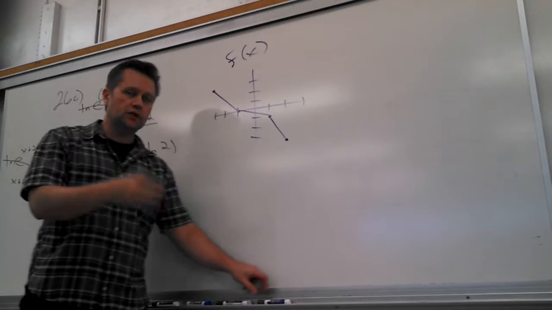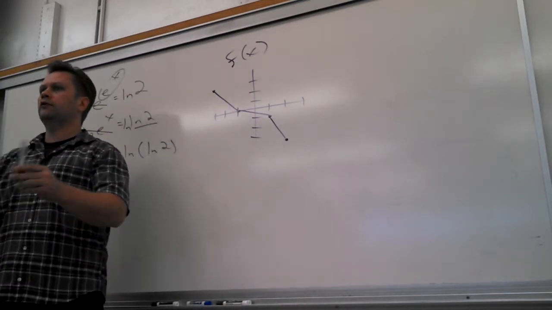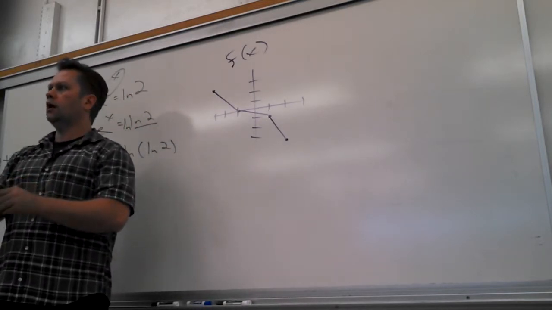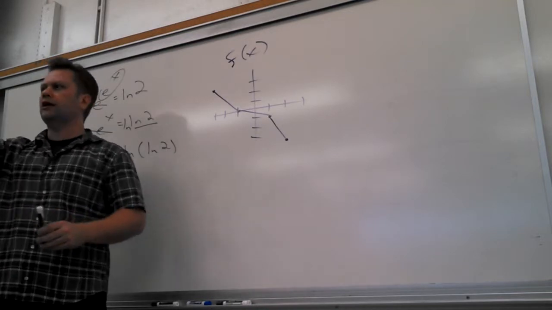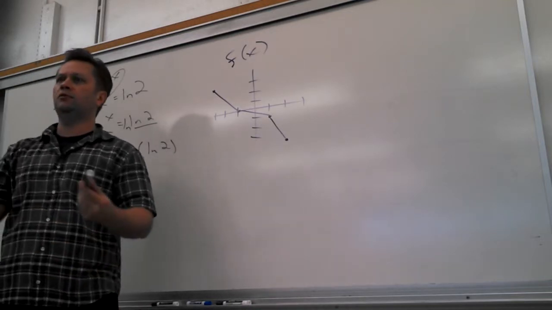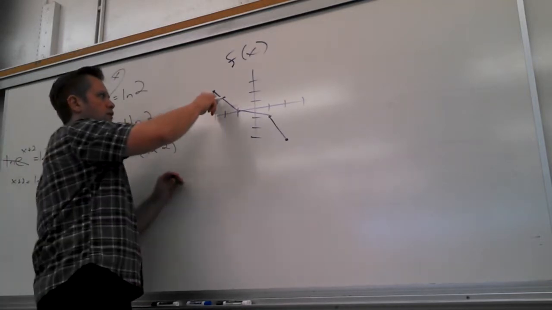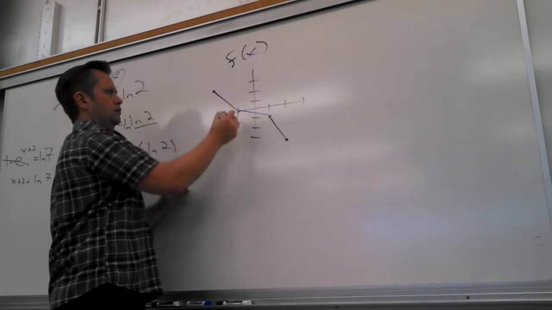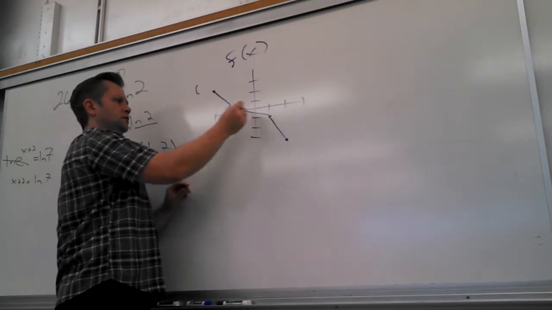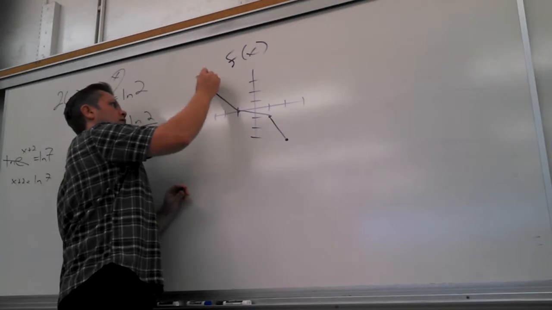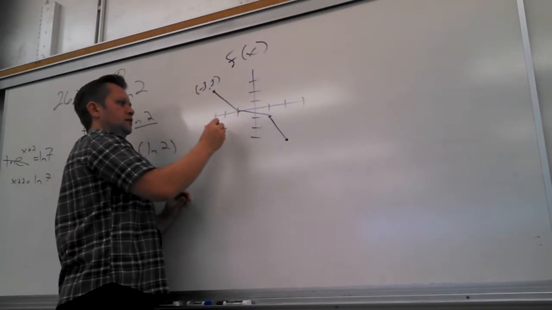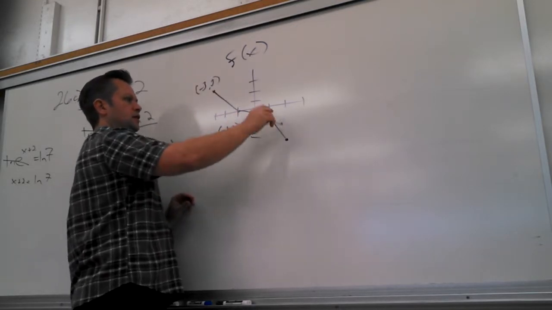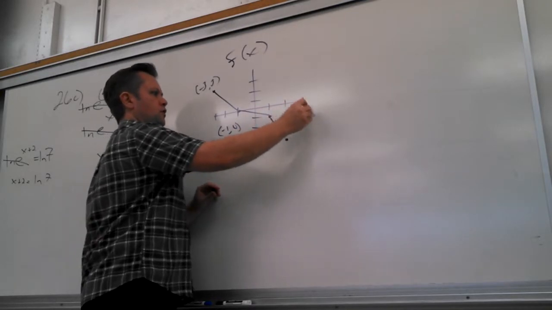So its inverse must exist. How do I graph its inverse? How do you go from f to f inverse? You always switch the x and y. It's almost too easy to believe. So what point is this? Negative 3, 3. And this is negative 1, 0. And this is 1, negative 1. And this is